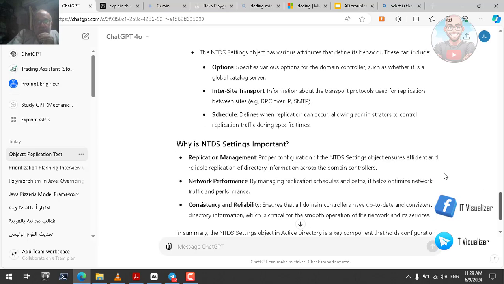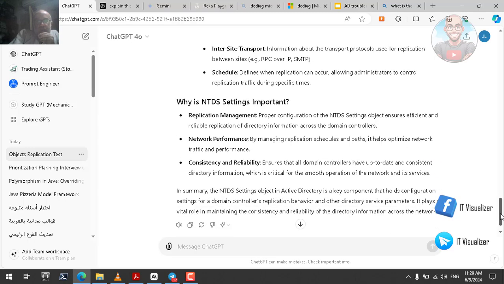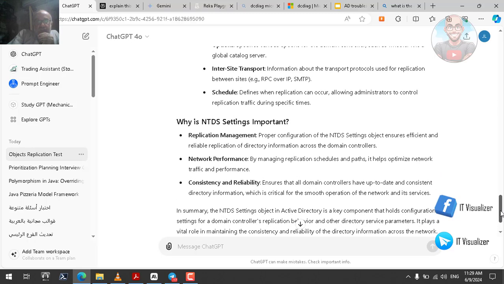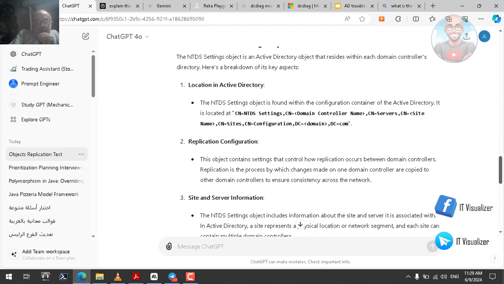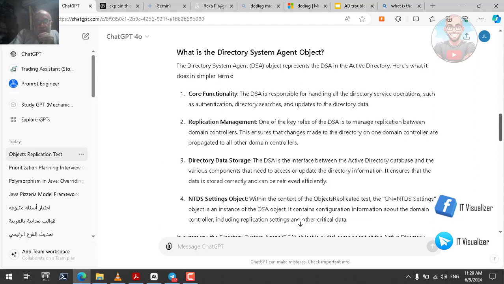Schedule defines whether replication can occur, allowing the administrator to control replication traffic during specific times. So why is NTDS important? You see, it's for replication. We see that NTDS is a part of the DSA object. Okay, so this is a critical thing. So now we can see that